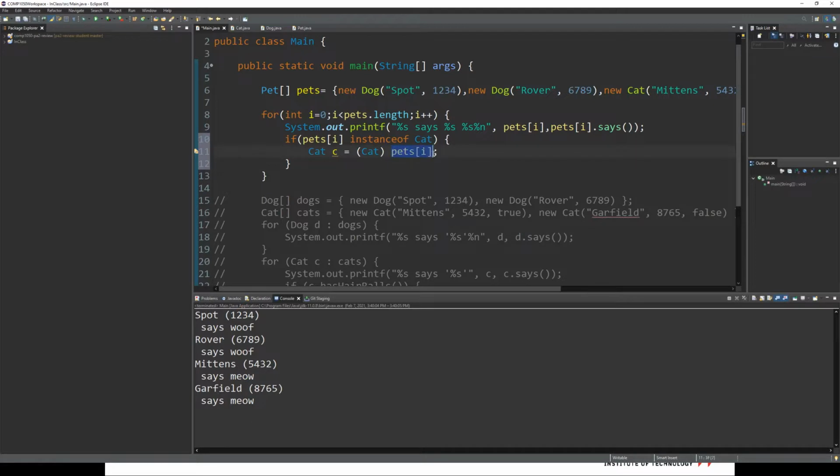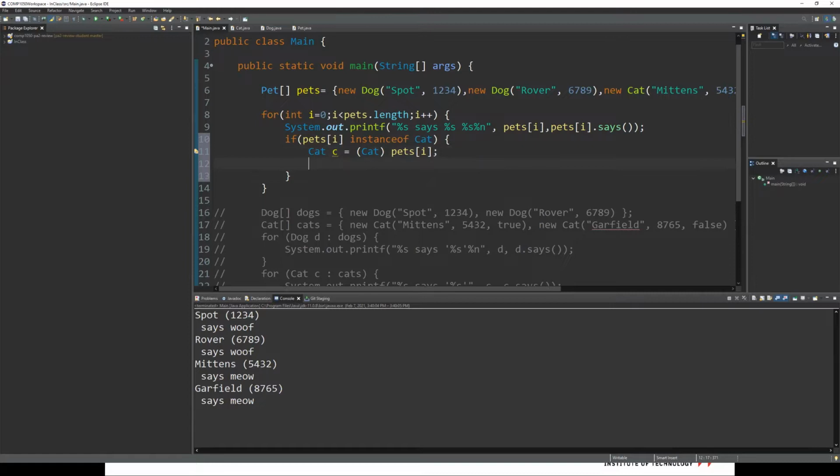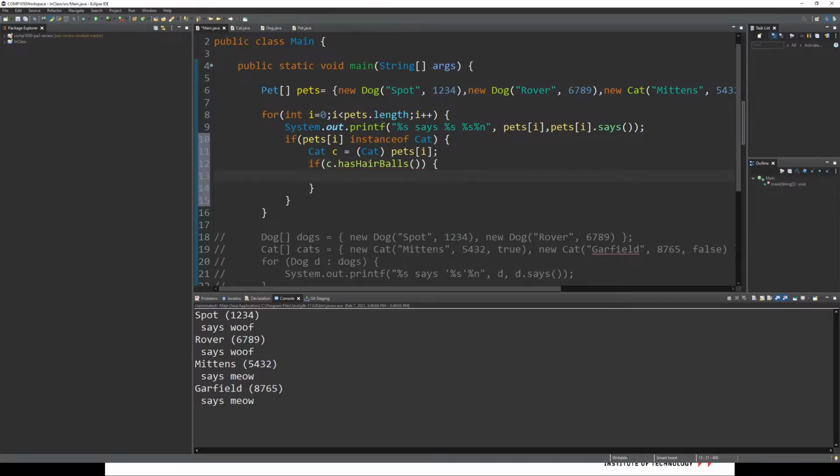Now I've taken my pet that I know is a cat, because this came back as true. I know this is a cat, so let's turn it into a cat. And so that's exactly what I did. Now we can say if C dot has hairballs, and notice it's now in my autocomplete. So if that particular cat has hairballs, then let's print out